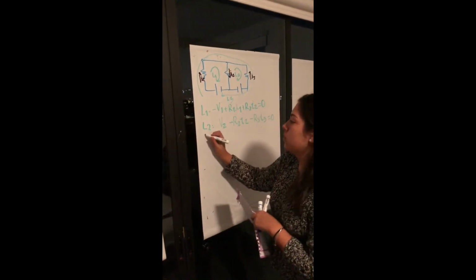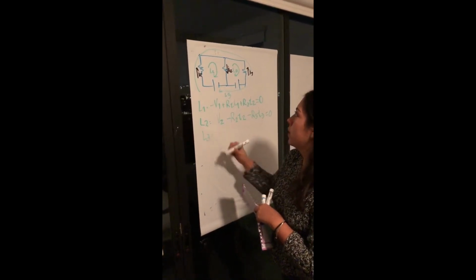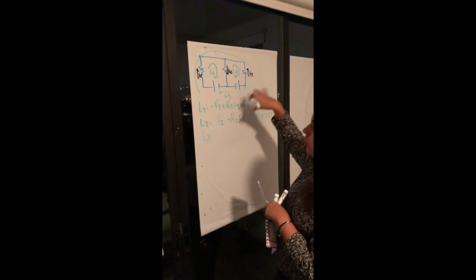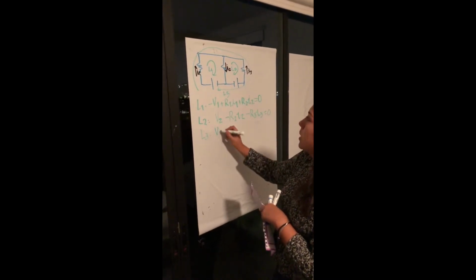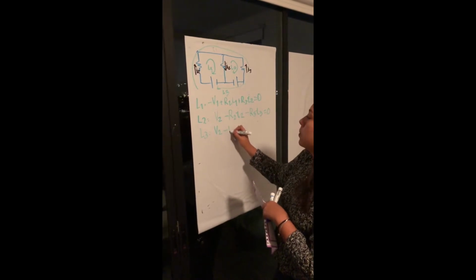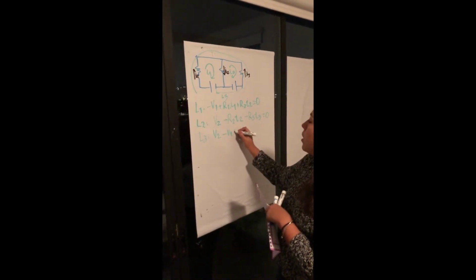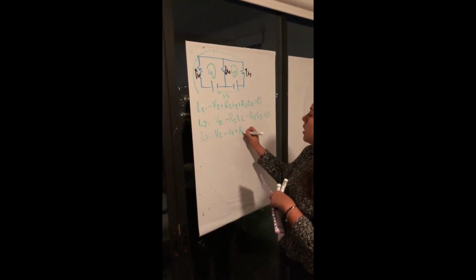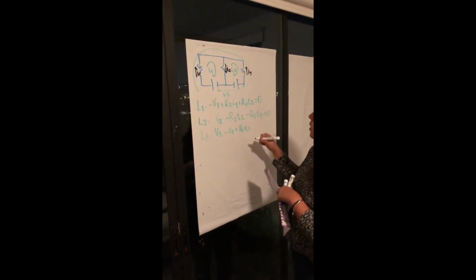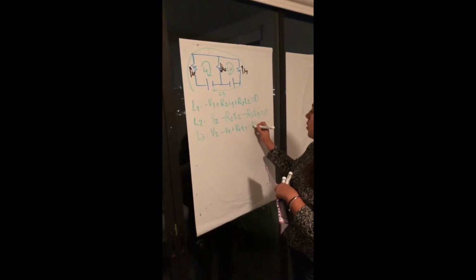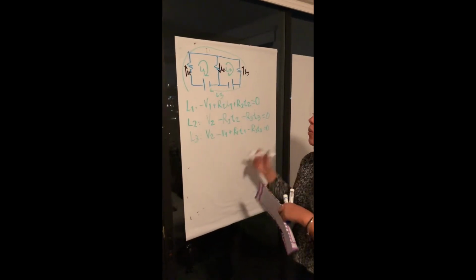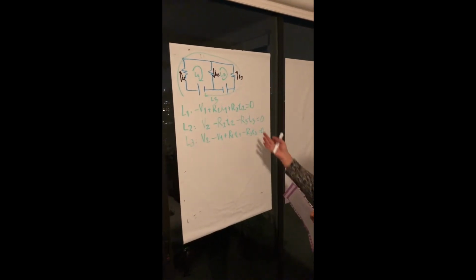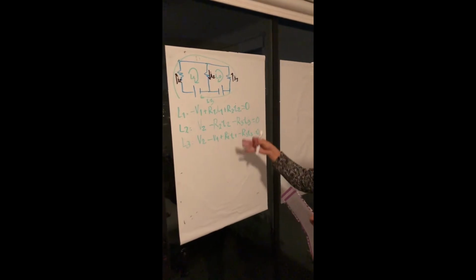And I'm gonna do the last one, the external mesh. I'm gonna start with B2, that would be B2 minus B1 plus R1 I1 minus R3 I3. And what you can do now, since we have 3 unknowns and 3 equations, is that